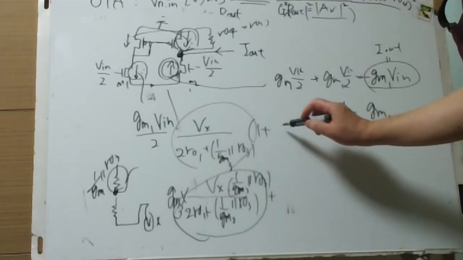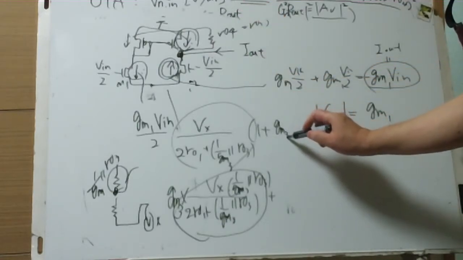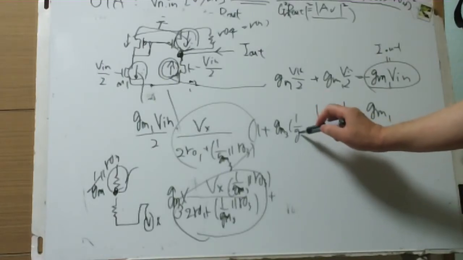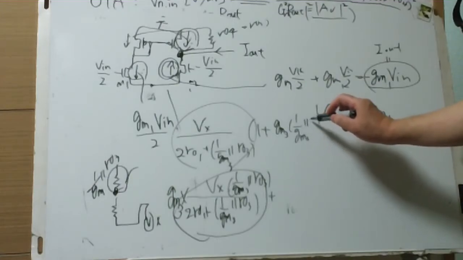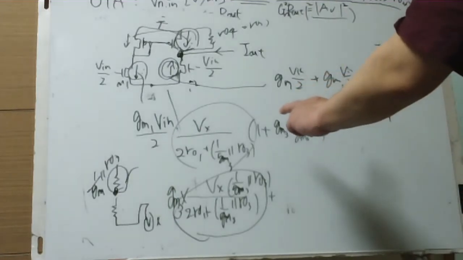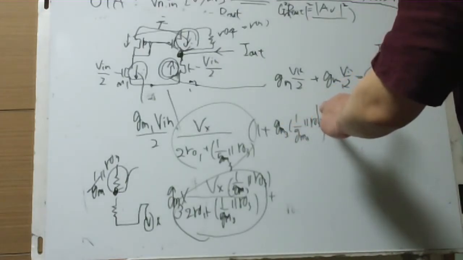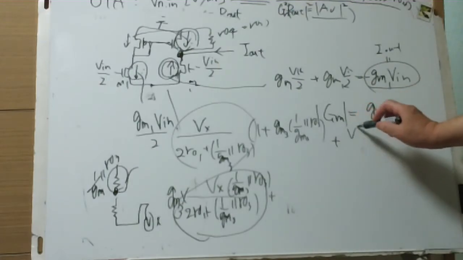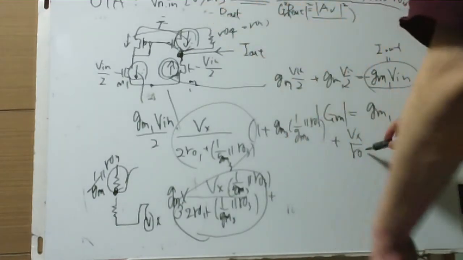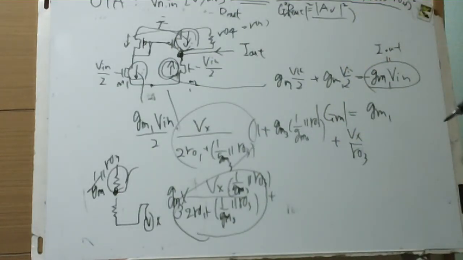For simplicity, 1 plus GM3 times 1 over GM3 in parallel RO3, this current plus this voltage GM, this gate voltage, this current, plus Vx over RO4 equal RO3 equals the total I out, Ix, divided by, so Ix divided by Vx equals the Vx disappeared, and here